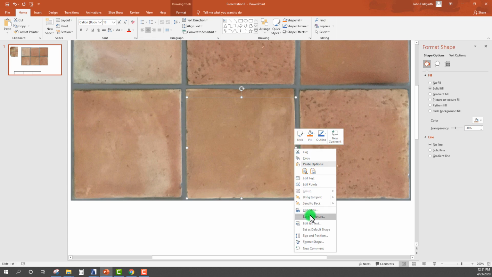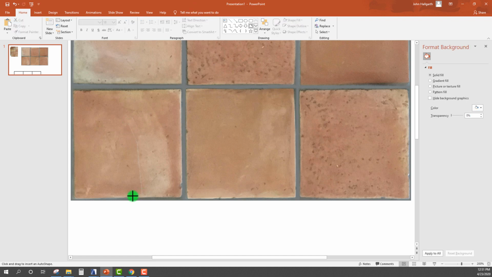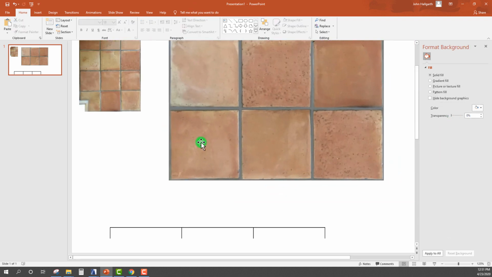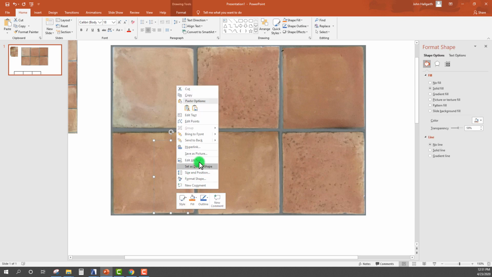We can do the same thing. Let's pick up the settings of this. So set as default. Let's add a little bit of a mask over here. We'll go down up there, and we'll just kind of blotch some of this out. And because this is a different tile, we need to pick up a different color, and let's fade it out once again. So we can kind of go through and just do like a little bit of patchwork like this to make this look and feel a little better. Let's pick this one up,